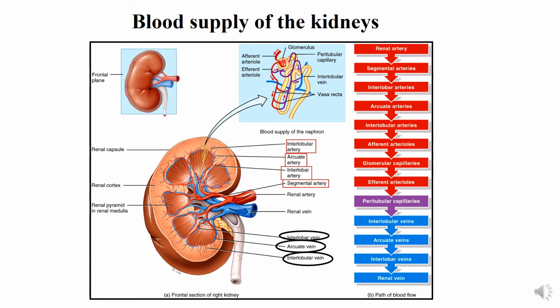After the filtration process happened, the glomerulus capillaries will reunite again to form what is called the efferent arterioles. And these efferent arterioles now will carry the blood out of the glomerulus. One more thing that I want you to concentrate on here is the